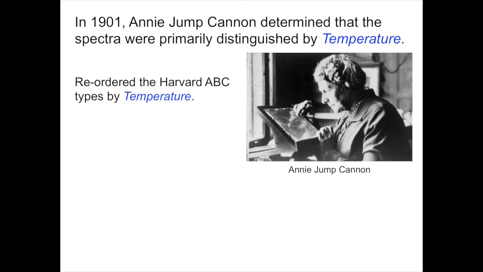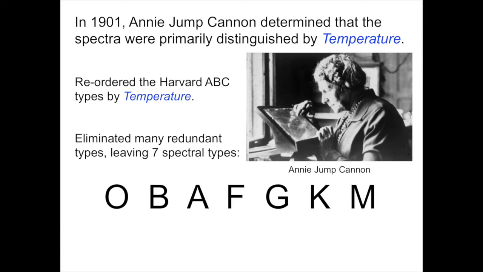So Cannon undertook a reorganization of the Harvard classification system. She took the ABCD classification that was developed originally by Pickering and Fleming and reordered the stars by the appearance of their color, which was really by the appearance of their temperature. She found that many of the various classes were actually redundant. They weren't necessary, and she greatly simplified by removing these redundant classes and boiling the system down to 7 fundamental